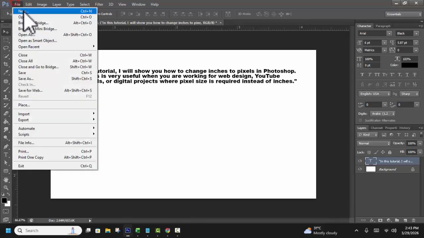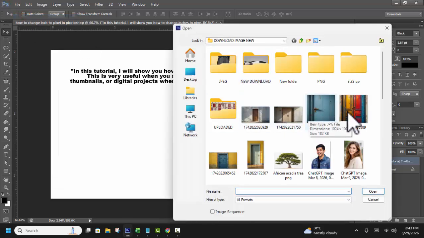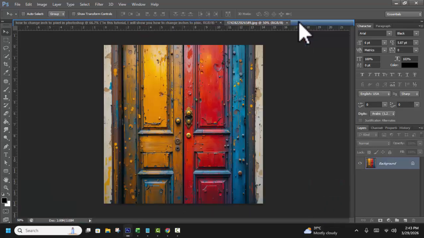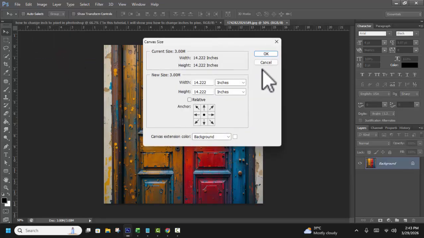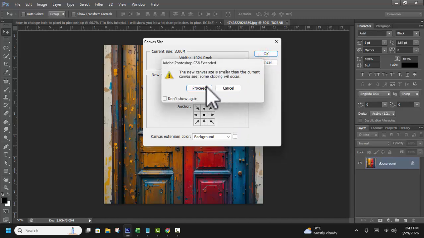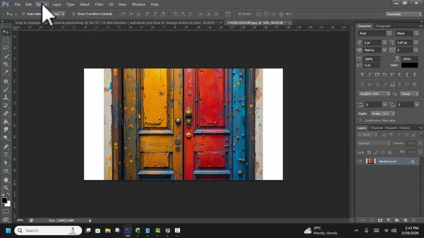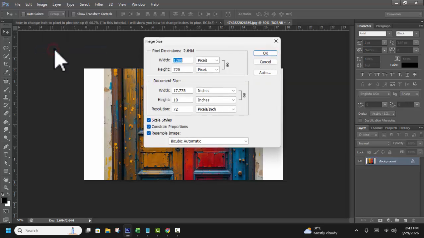For example, open your project or image, then go to the Image tab, Canvas Size, and change the width from inches to pixels. Do the same for height. And again go to the Image tab, Image Size,